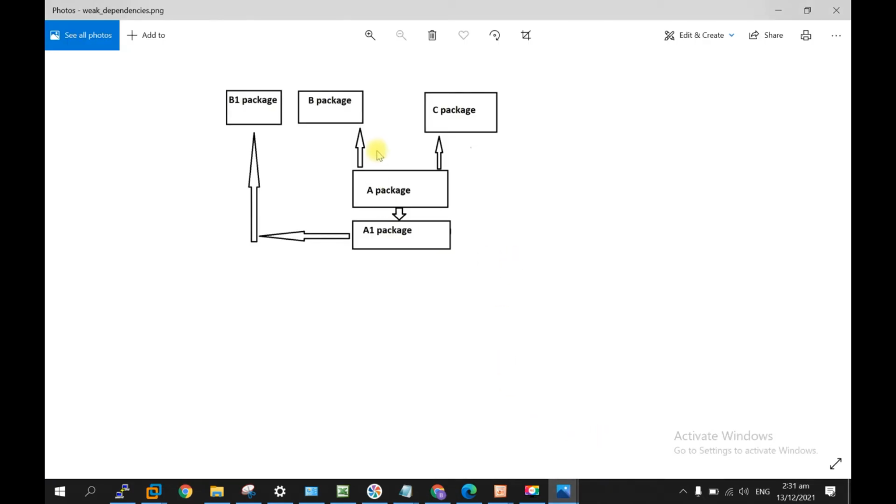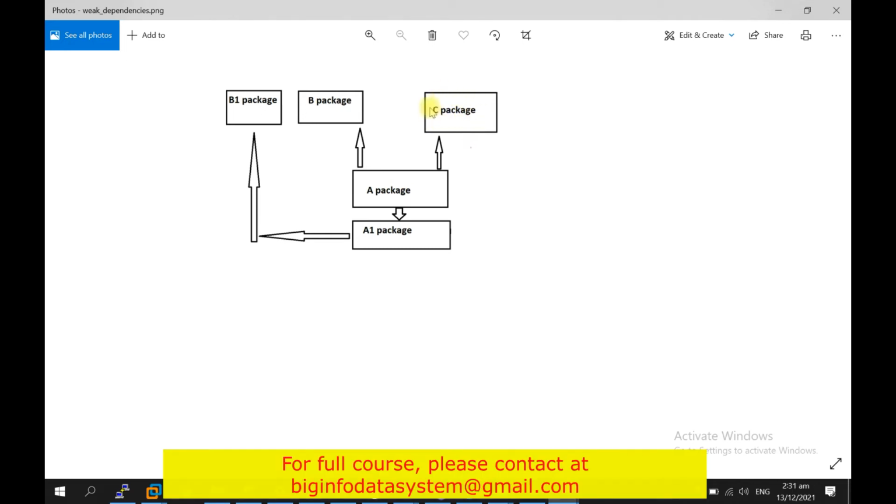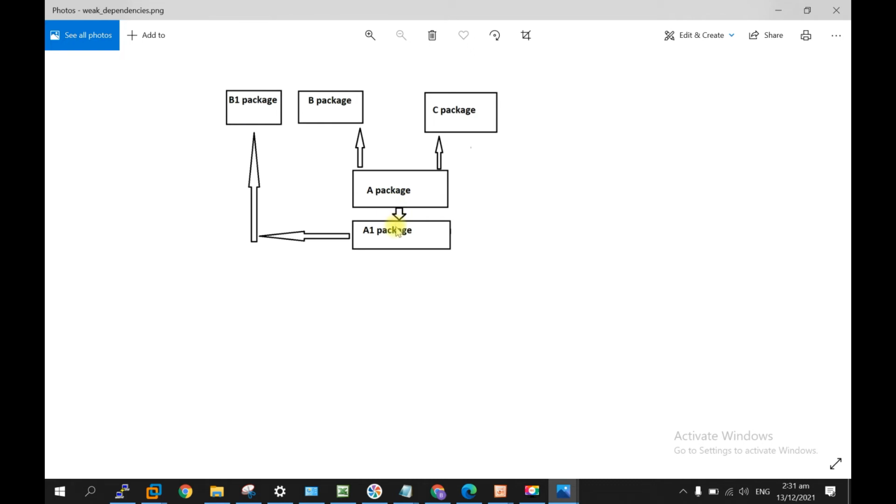So as you can see, package A requires package B and package C. You can consider here package B is a hard package, which means for package A to be upgraded you require package B. This is a dependency package, and this is a weak dependency, where package C, if an updated version is not there, it's a weak dependency, so for updating package A you simply can update after updating package B to B1.